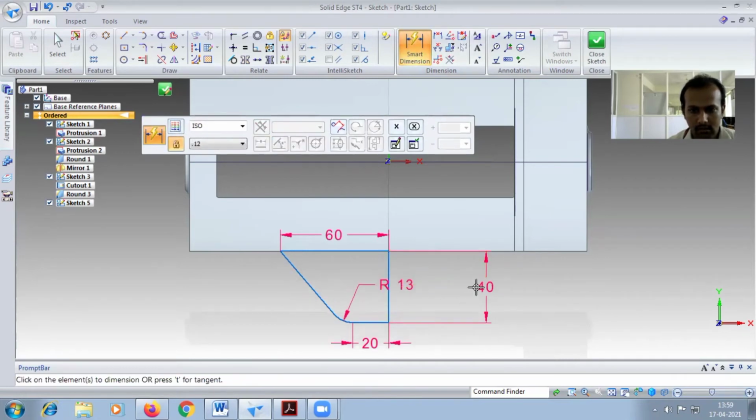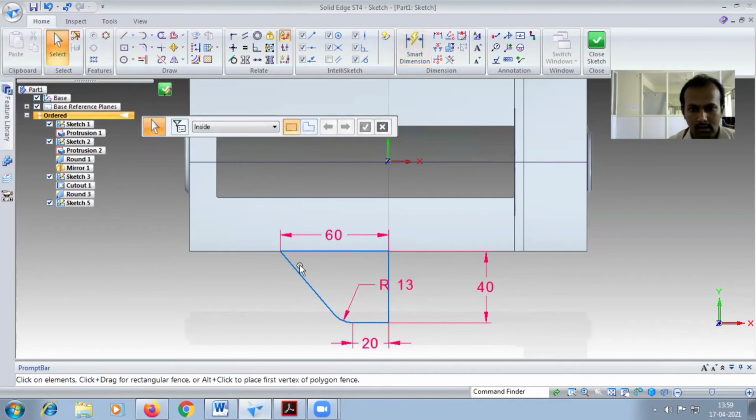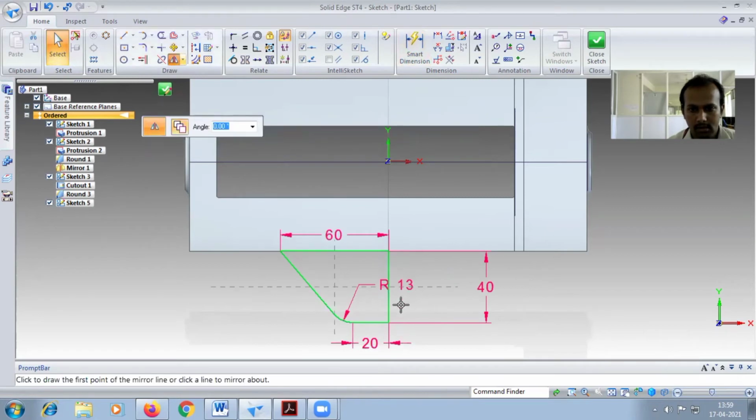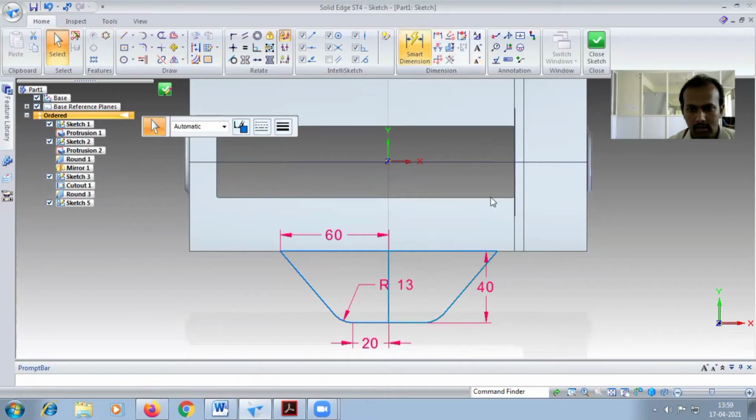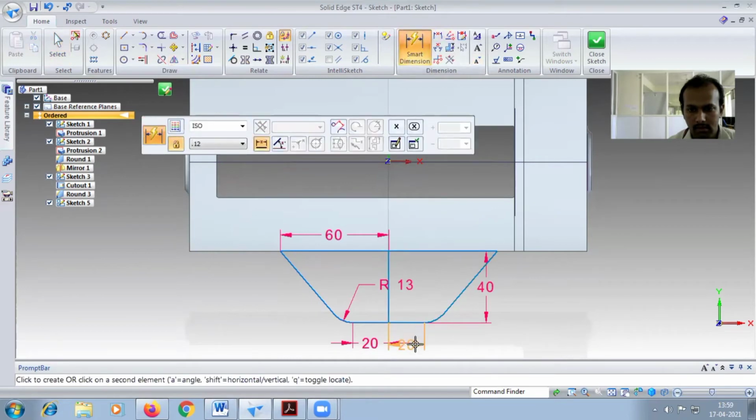Now the diagram is perfect. One side diagram is the half diagram. I did the half diagram. So better you can delete the dimensions because we have already done this one. So go for mirroring and choose the center line. If you mirror this one exactly, you can look at the hard copy of the figure what is given. So 120 and 40, and here also 40 is there.